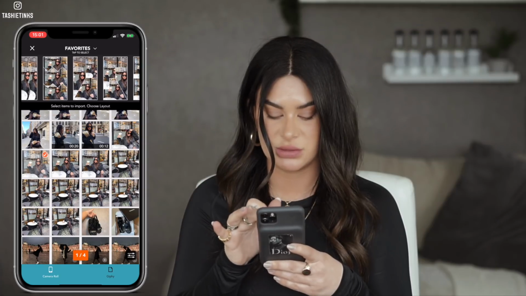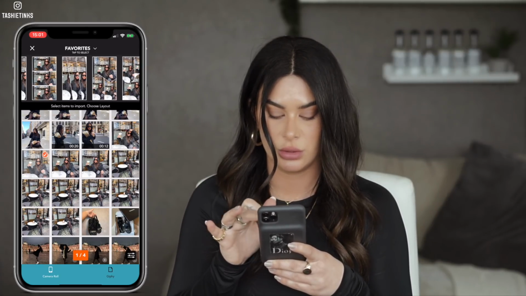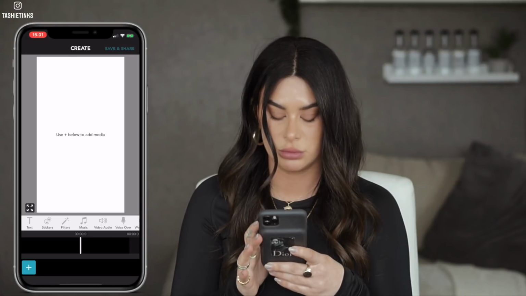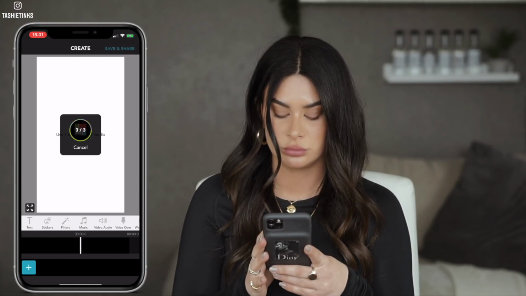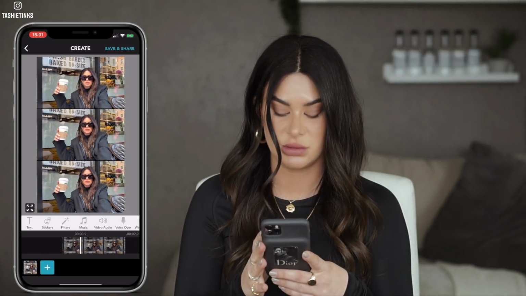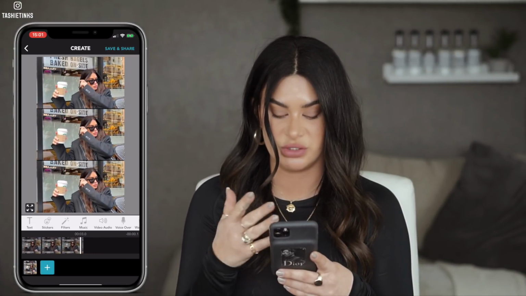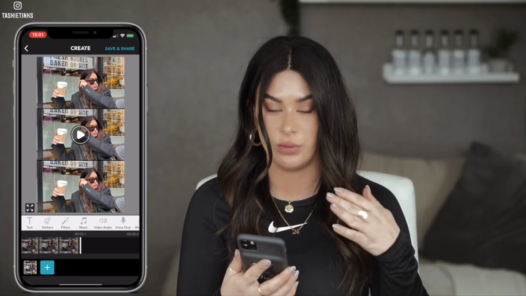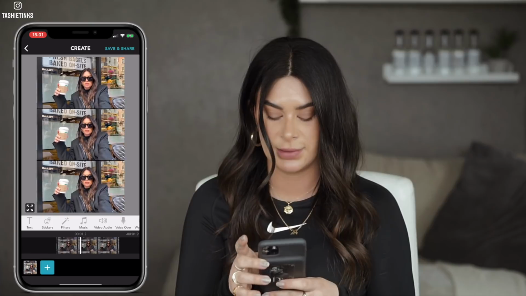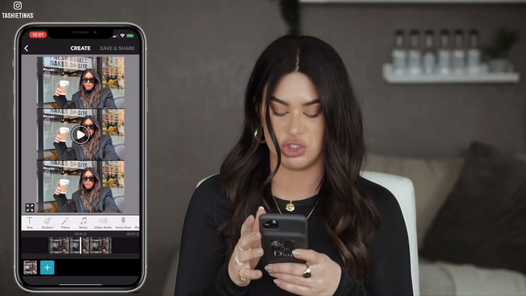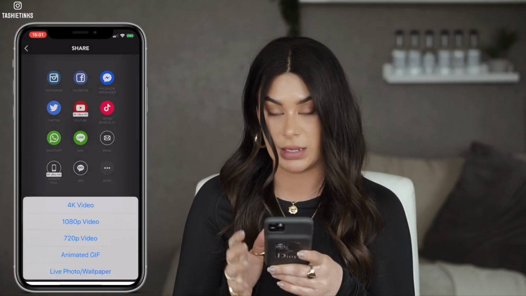I actually quite like this one for this. This is kind of cool. So it makes it like this. So this is a live photo, obviously showing you movie. You don't have to click anything. You put a live photo in here, it will automatically make it into a video like this. And then we're gonna save and share, camera roll, animated GIF,